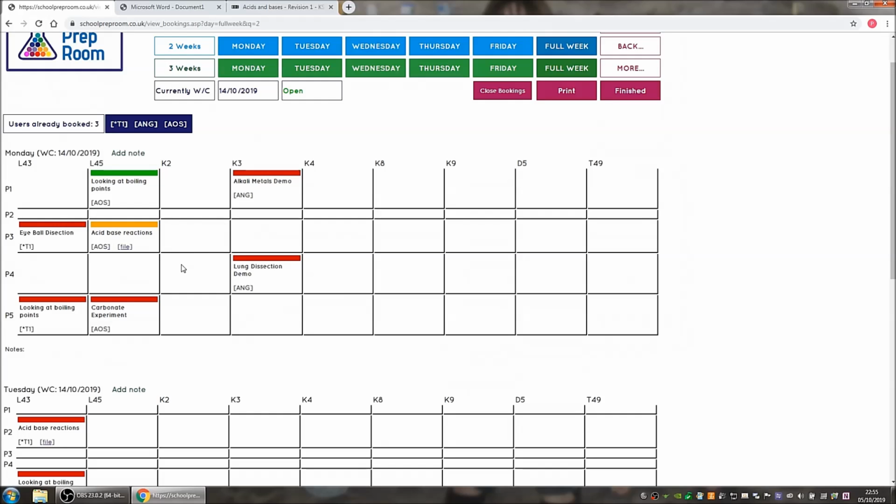Perhaps we have come to a point in the day where the teacher has decided that they wanted to do the carbonate experiment this week. So we're looking at this practical down here. But unfortunately something cropped up in the lesson and they weren't able to complete it, and so they want to move it forward a week. So we can do that by clicking on Move Forward,